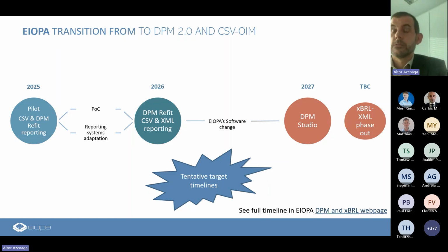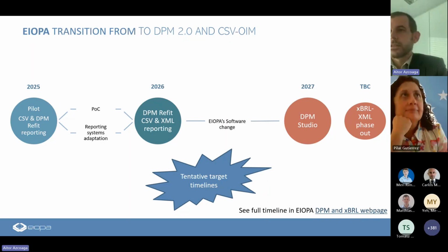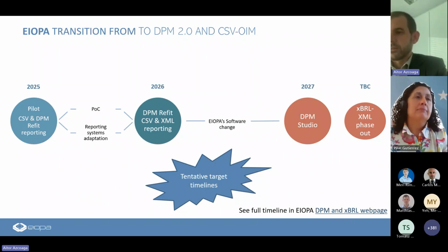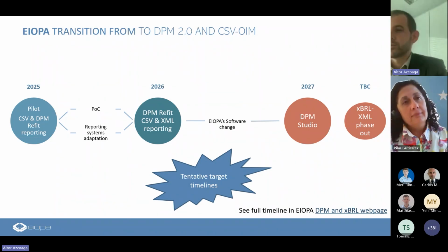We may have a review of our dictionary, of our glossary. So there will be modeling change, and we will go with the DPM 2.0 for production at this point. Last but not least, because this will happen still with some tools, we aim to change to the DPM Studio on the still phases approach.